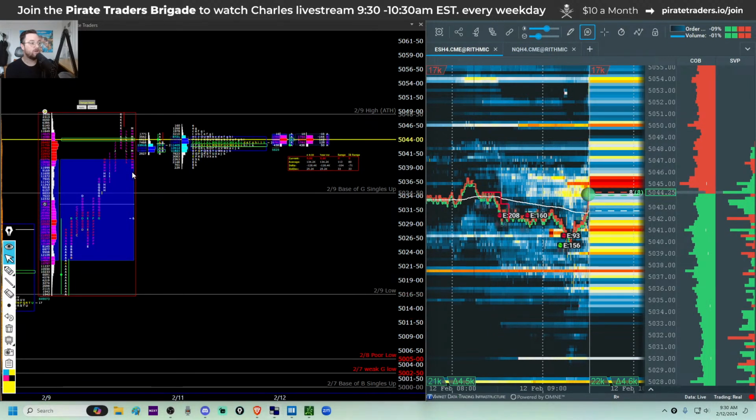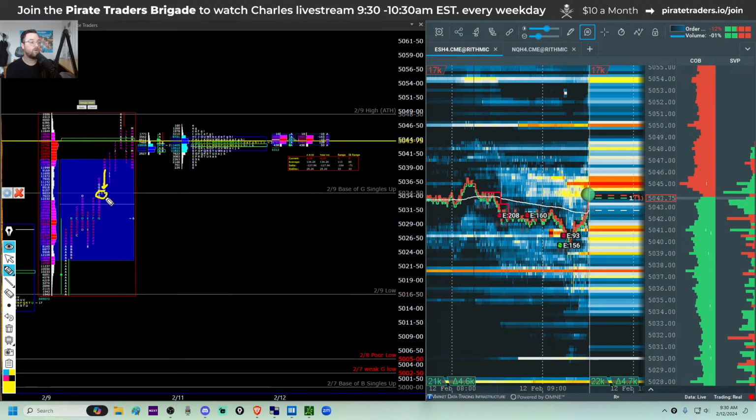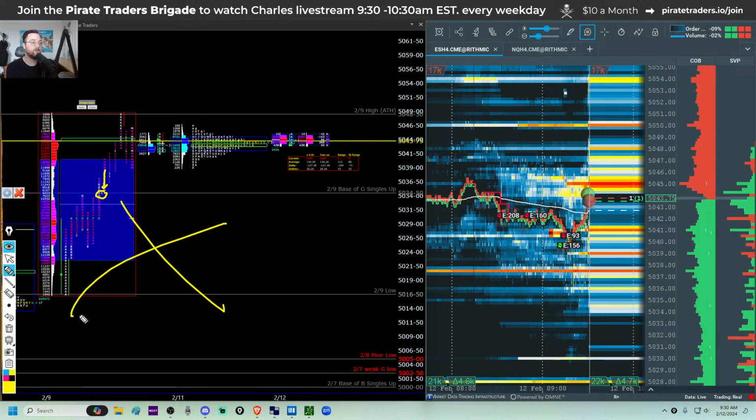We created those single prints in the G period. The H period tried to come down and backfill them, couldn't do it. So at that moment on Friday, the market was telling you we don't need to go down. We have no need to go down. So let's see how far we can go up. And then we just went straight up until we finally made a new all-time high, and then we went sideways,